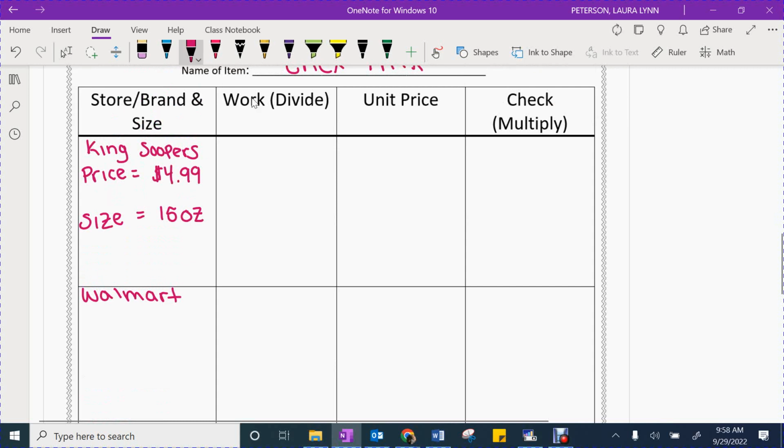What I'm going to do is show my work in the box. Now, I did say we can use calculators, so let me be clear about the work we're going to show. We need to have everything set up correctly. So to find the unit price or to show our work, this is our division. On pieces of paper, I want your students to show me the division that we have to do: $4.99, where it's making a rate, over 15. To get to my unit price, we divide by the denominator, which is the size. So I'm going to divide top and bottom of my fraction by 15